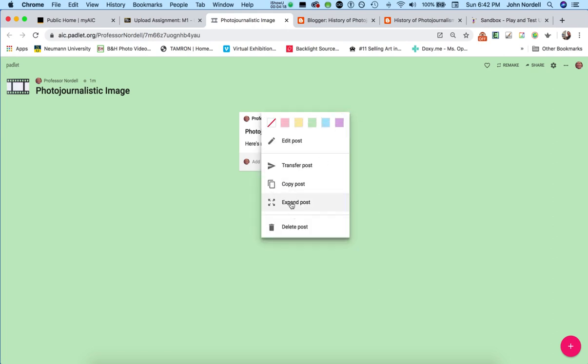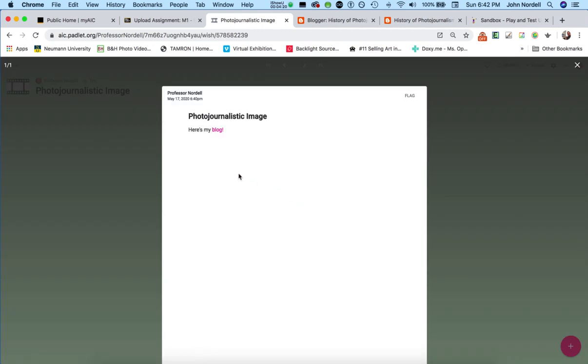Come down here to expand post. And so here's my post. If I had a photo, the photo would show and everything. But now this URL right here, this link is going to take me just to this individual post. So I'll copy that. Then I come back to Blackboard,